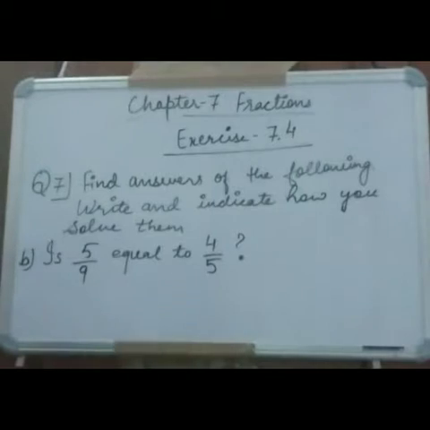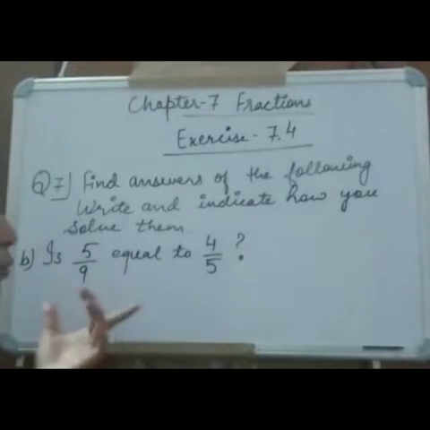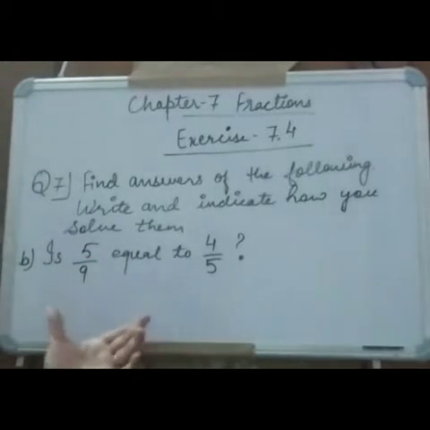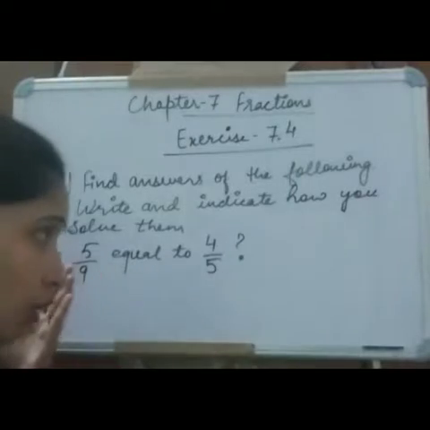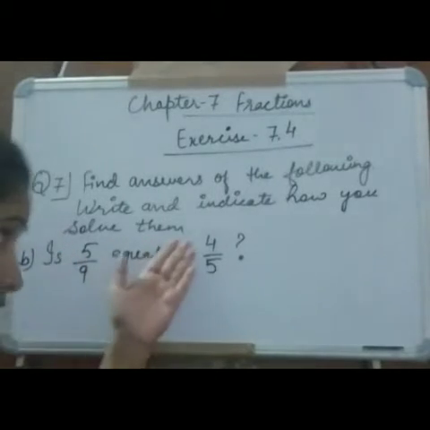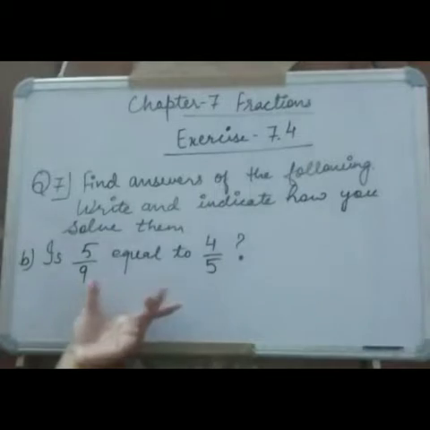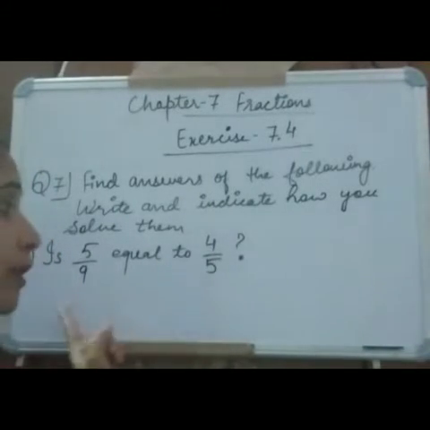Two fractions are given. First of all, we will see whether the denominators are equal or the numerators are equal. In both the fractions, neither the denominator is equal nor the numerator is equal. In this condition, we will check whether these can be simplified. Here, these are not simplifying either. So what we will do here is convert them into like fractions, which means we will make the denominator the same.